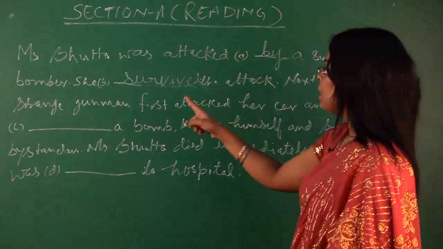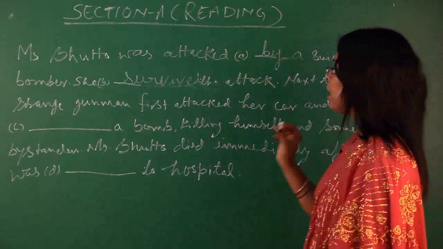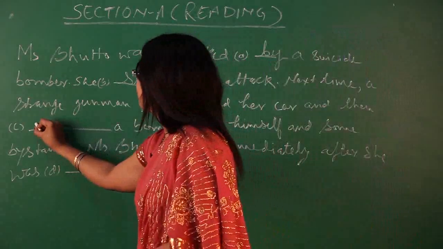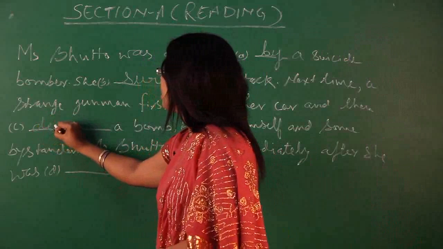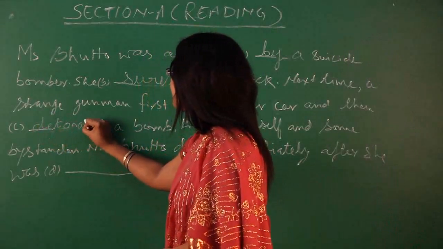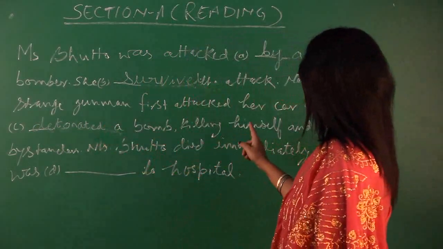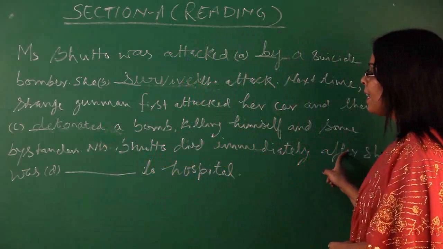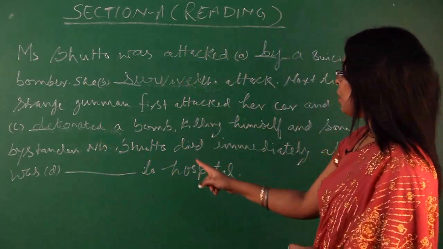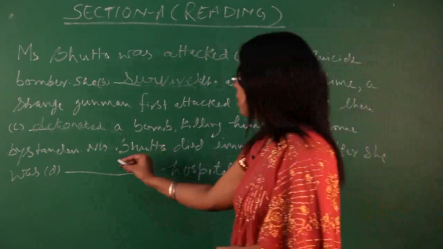Next time, a strange gunman first attacked her car and then detonated a bomb, killing himself and some bystanders. Miss Bhutto died immediately after she was rushed